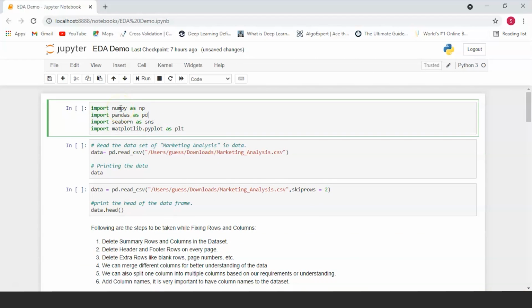The modules that we'll be importing in our Python program, first of all, is NumPy. Now, NumPy is a Python module which is used to perform numerical operations on data sets and arrays. Next, we'll also be importing the Pandas module. The Pandas module is used to easily manipulate data sets, and this is going to help us in cleaning up our data set. Then we'll also be importing Seaborn and Matplotlib, which are two Python libraries which are used for data visualization or for plotting graphs.